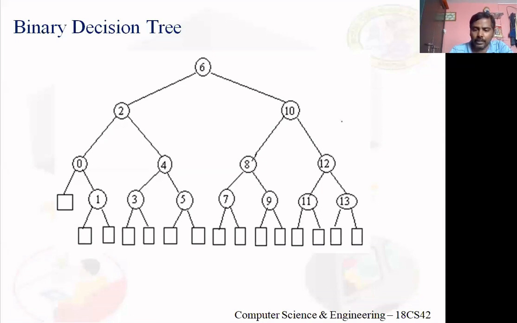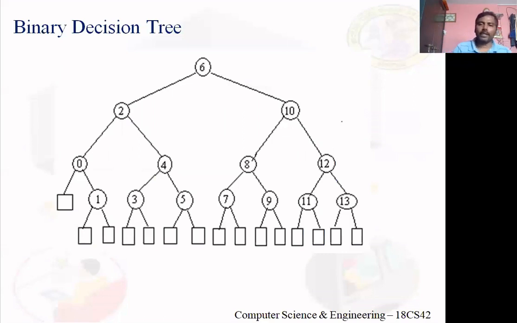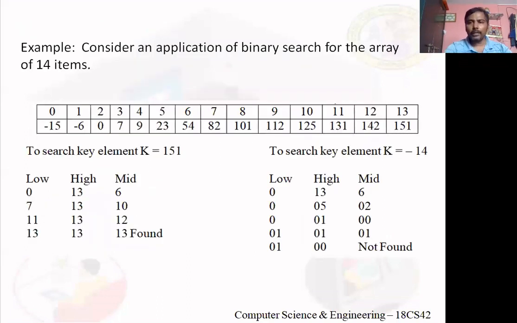I mean, between 12 and 13. At index 12 is 142, at index 13 is 151. Unsuccessful elements between these two elements are 143, 144, 145, 146, 147, 148, 149, 150. These are represented by the left rectangular node of node 13. And the right rectangular node of node 13 represents all unsuccessful elements greater than the element at index 13, that is 151. After 151, the unsuccessful elements are 152, 153, 154, and so on.